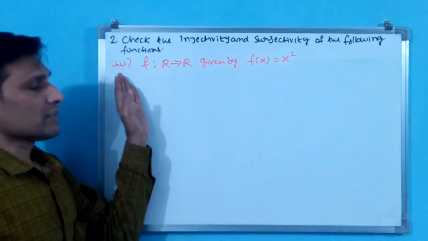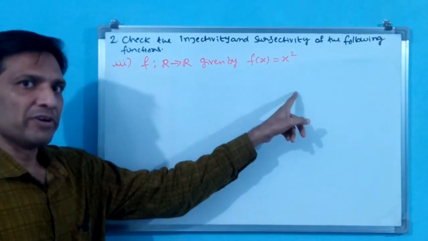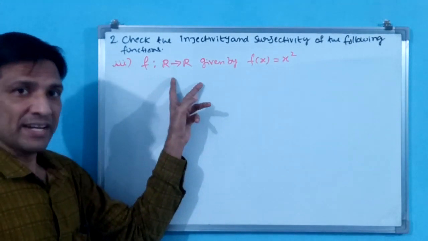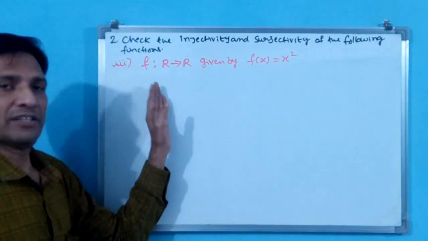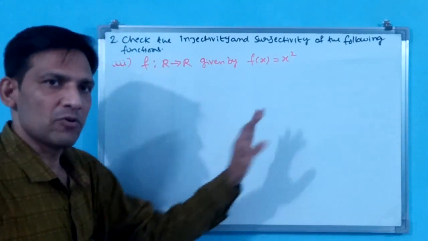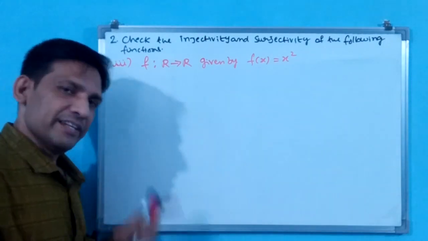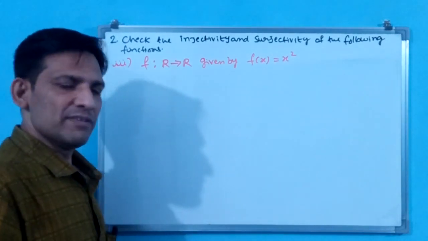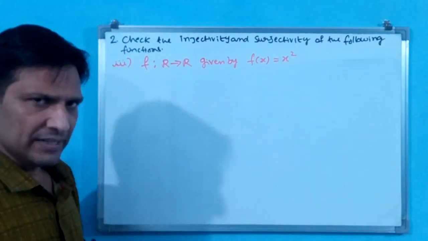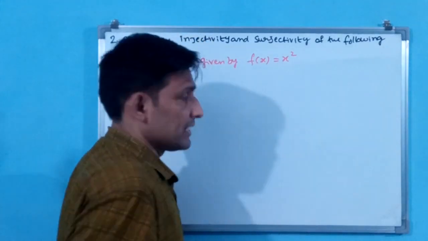Okay. See the third part of the second question. The function is the same, x squared only, but here the domain and codomain have been changed. Now real numbers have come. That means in the arrow diagram we have to take real numbers for domain and codomain, and we will make a relation between real numbers only. Real numbers means even rational numbers and irrational numbers also will come. Let us take one by one and we will see. Okay. See how I am writing and all.